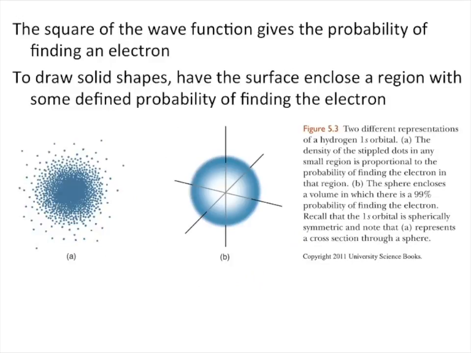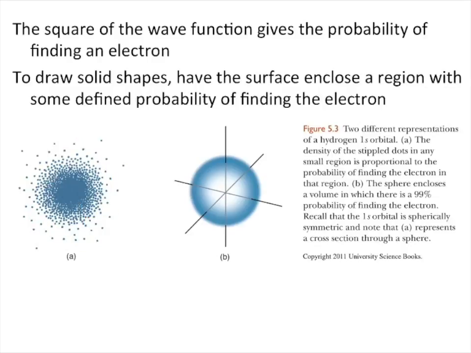So how do we draw these shapes? Well, we got to back up a step. The square of a wave function gives you the probability of finding an electron. So in this figure from your book, the thing on the left might be, say, you found the electron 100 times, where was it? And you drew a dot for each one. Something like that. So you have some probabilistic nature. Mostly you'll find the electron in this kind of center part,